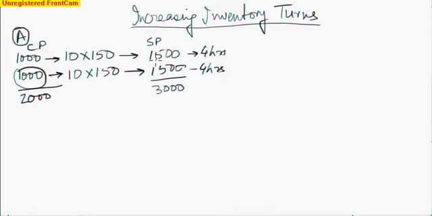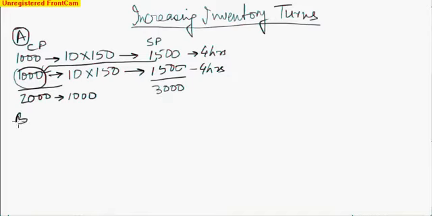Understand that this 1,000 which came, it's really not an investment that he made over and above. He actually got this money from here. He sold his stock at 1,500, keeping the 500 rupees with him. With that next 1,000, he again did this. So it is not actually 2,000. It is with the 1,000 only that he has made his margins of 3,000. Now this is where the concept of inventory turn plays.